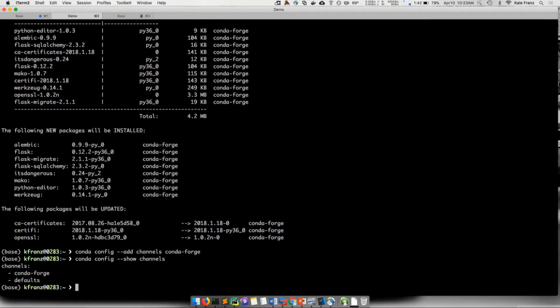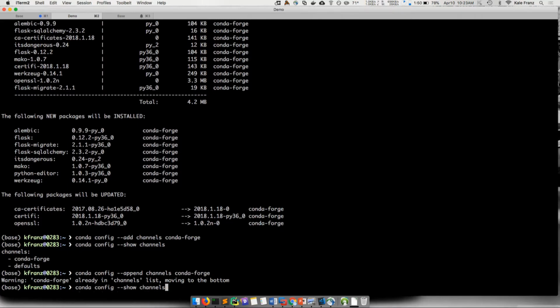So that's my channels list. That's my channel priority list. You know what? If you are normally using defaults and want to stay on defaults most of the time and use conda-forge as a backup, it's not a problem to do conda config --append channels conda-forge and use conda-forge as a backup channel to defaults, if that's what you want to do.